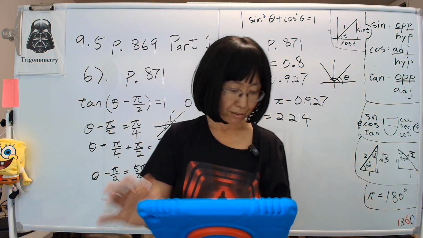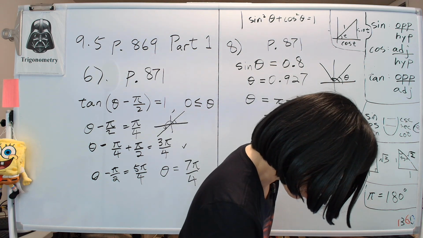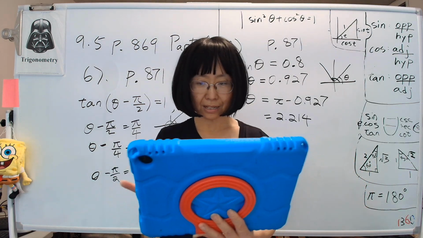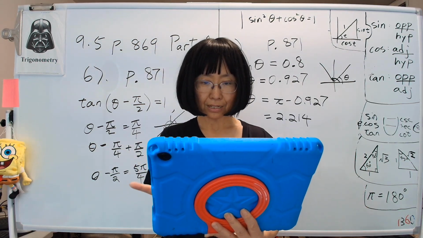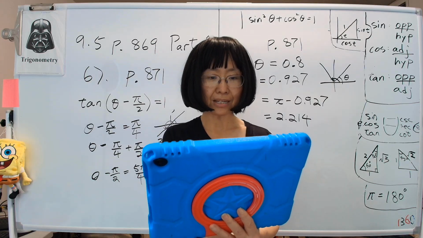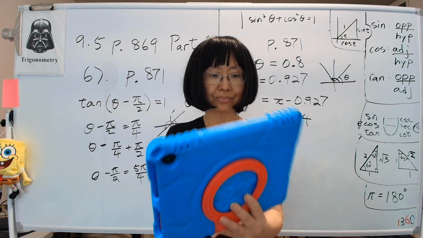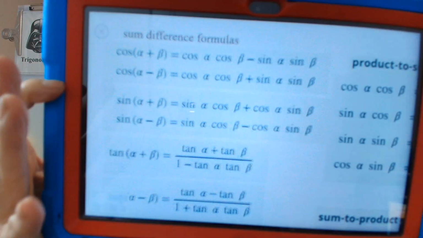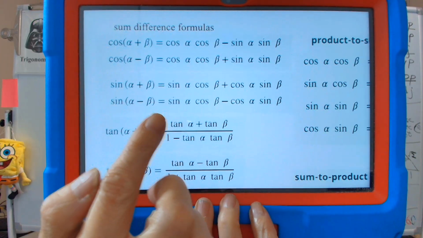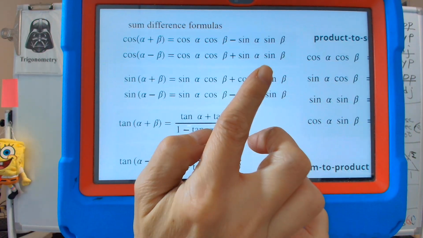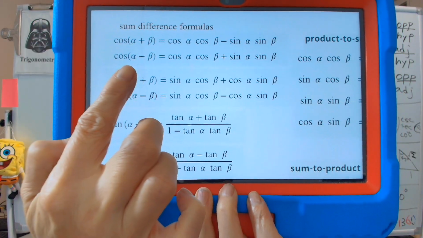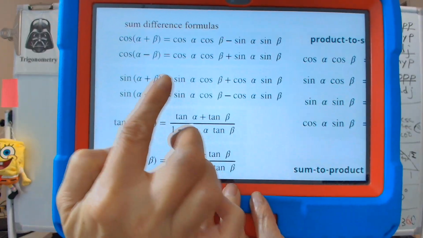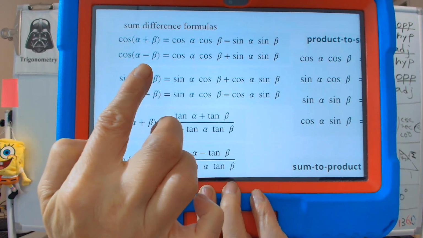Okay, well, what are we doing here? Is cosine plus sine. Let's find it. Cosine plus sine. Yeah, right here, sum difference formulas. Here's my formula page, and you notice cosine plus sine right here. That's the cosine alpha minus beta thing. See? And so plug it right in here. That is